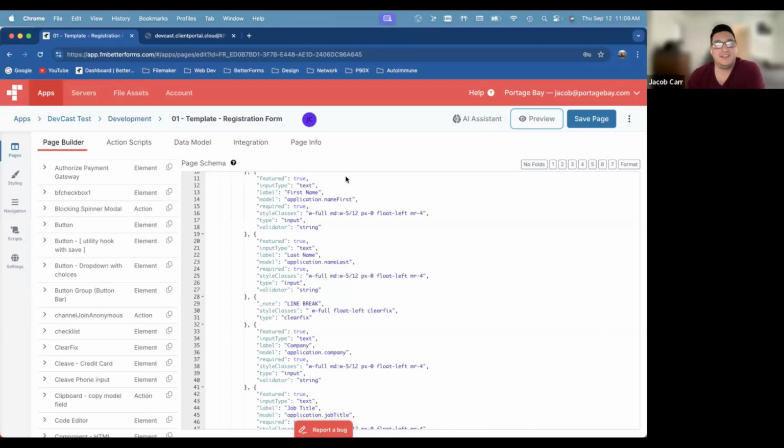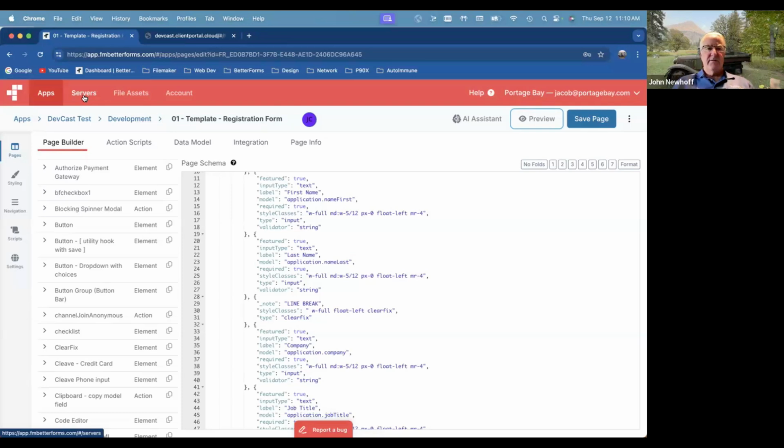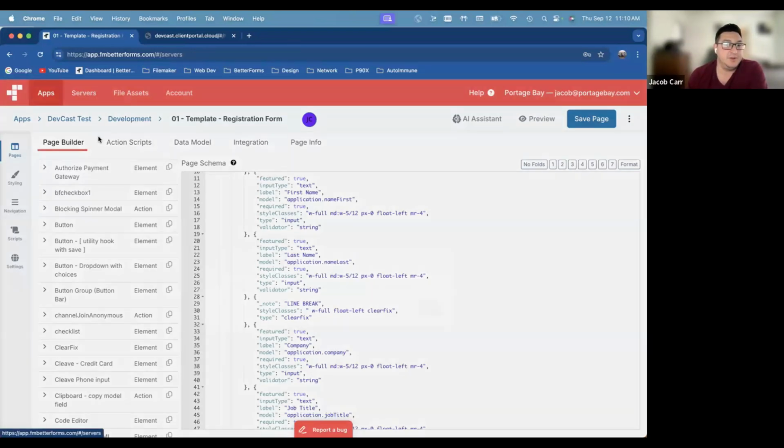The setup is essentially this. This is the BetterForms environment itself. Obviously, you have to have a paid subscription to this service and then set up your account. The first thing you do is enable XML web publishing on the FileMaker server side. And then once that's enabled, you define a server interaction with that actual